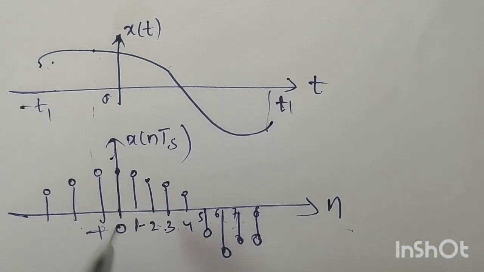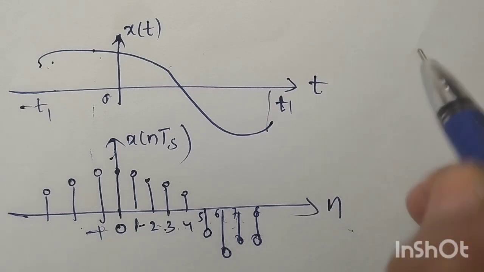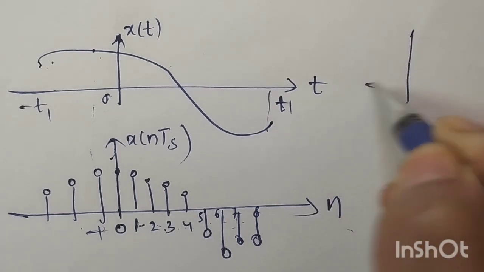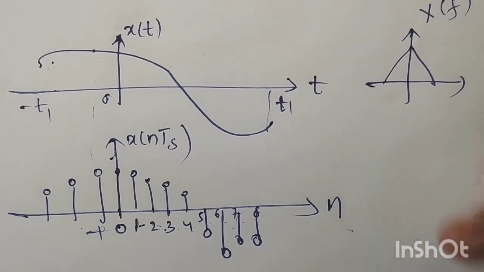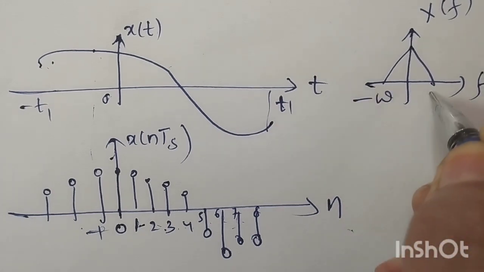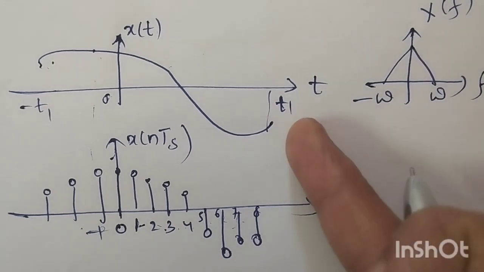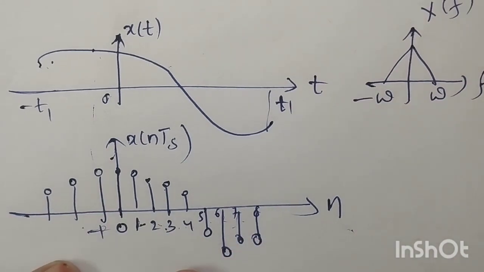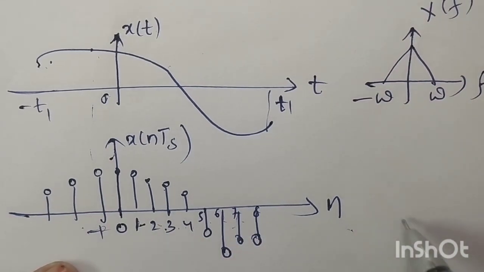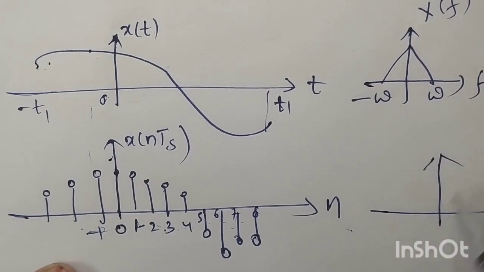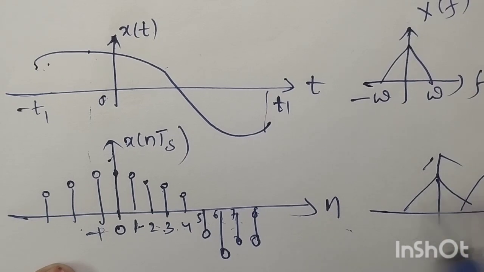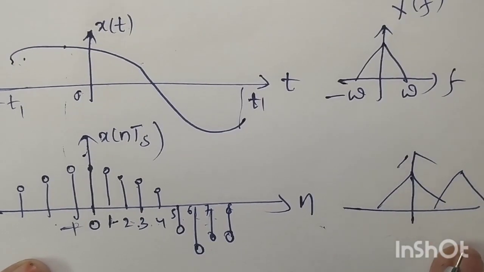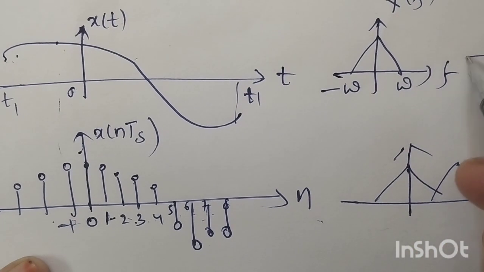After taking the samples, for example, its corresponding spectrum is, as I already said, we are going to take only a band limited signal. Let us say this is a spectrum X of f from minus omega to plus omega. We have converted this into a discrete time domain signal, and this is also going to have some spectrum, isn't it? Some kind of spectrum will be there. So after converting it into a discrete time domain signal, whatever spectrum is there,